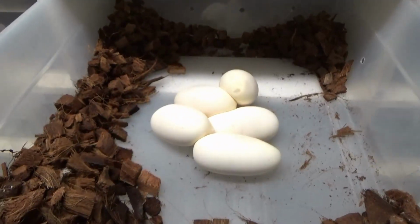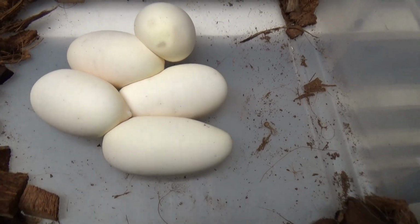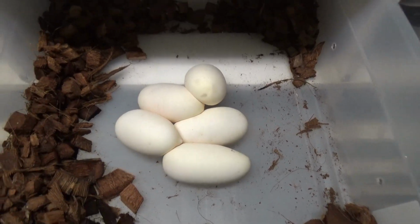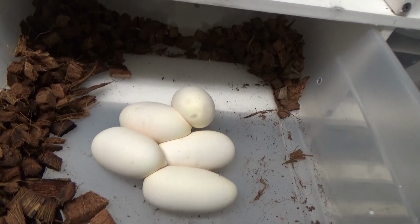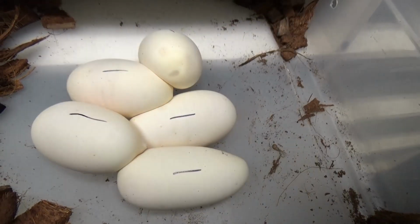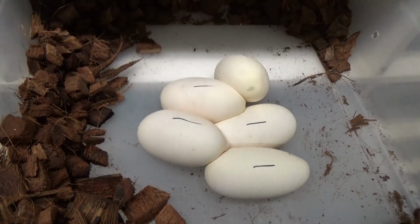She was only about 1,500 grams when we started pairing. So I knew it was going to be a small clutch, but these are 5 eggs, but they're good size eggs. They're not small by any means. I thought she'd have a real small clutch. It was definitely our smallest clutch of the year, but still these are big eggs. We'll mark the top side. There we go, and I'll start pulling them apart and get them in the